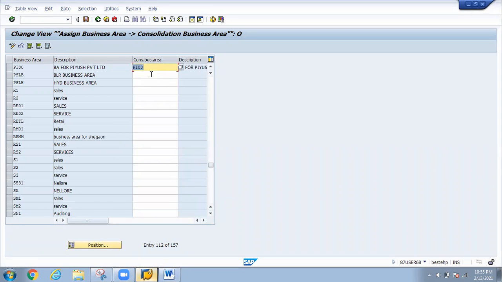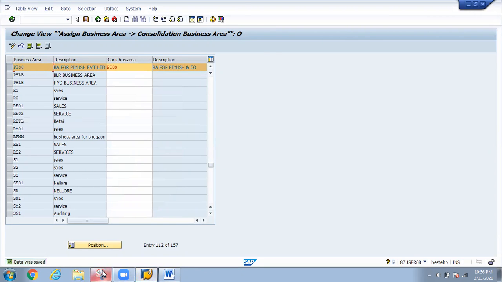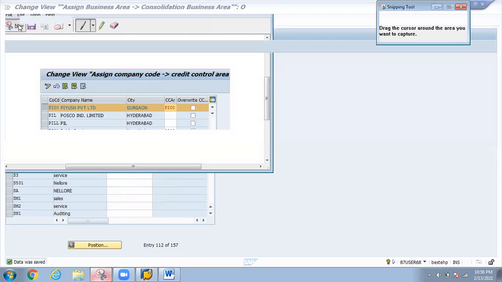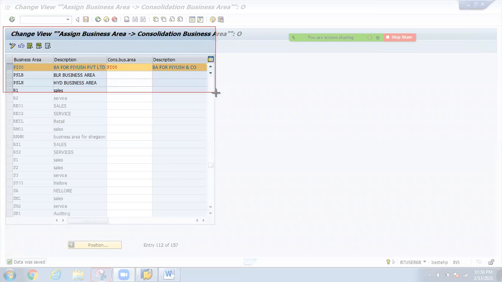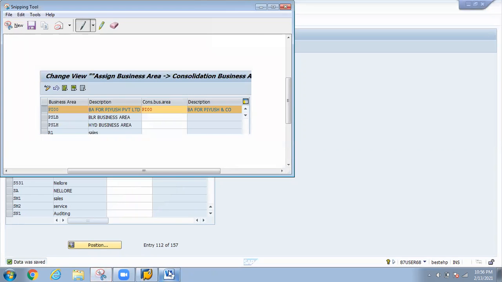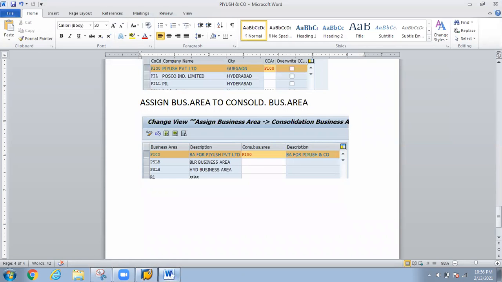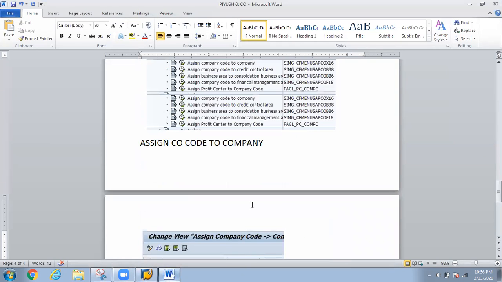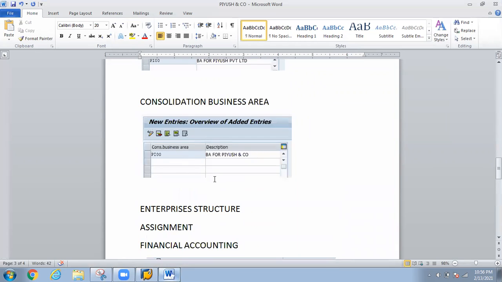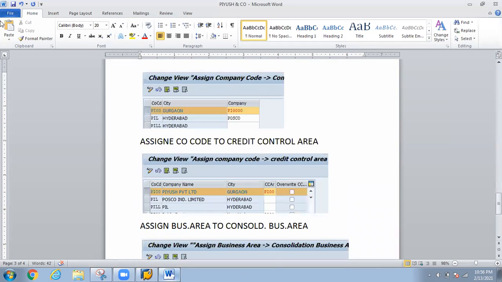Just map this. So you'll find it there. Save it. So here we define and assign in the financial accounting. So this part of the financial accounting is over.